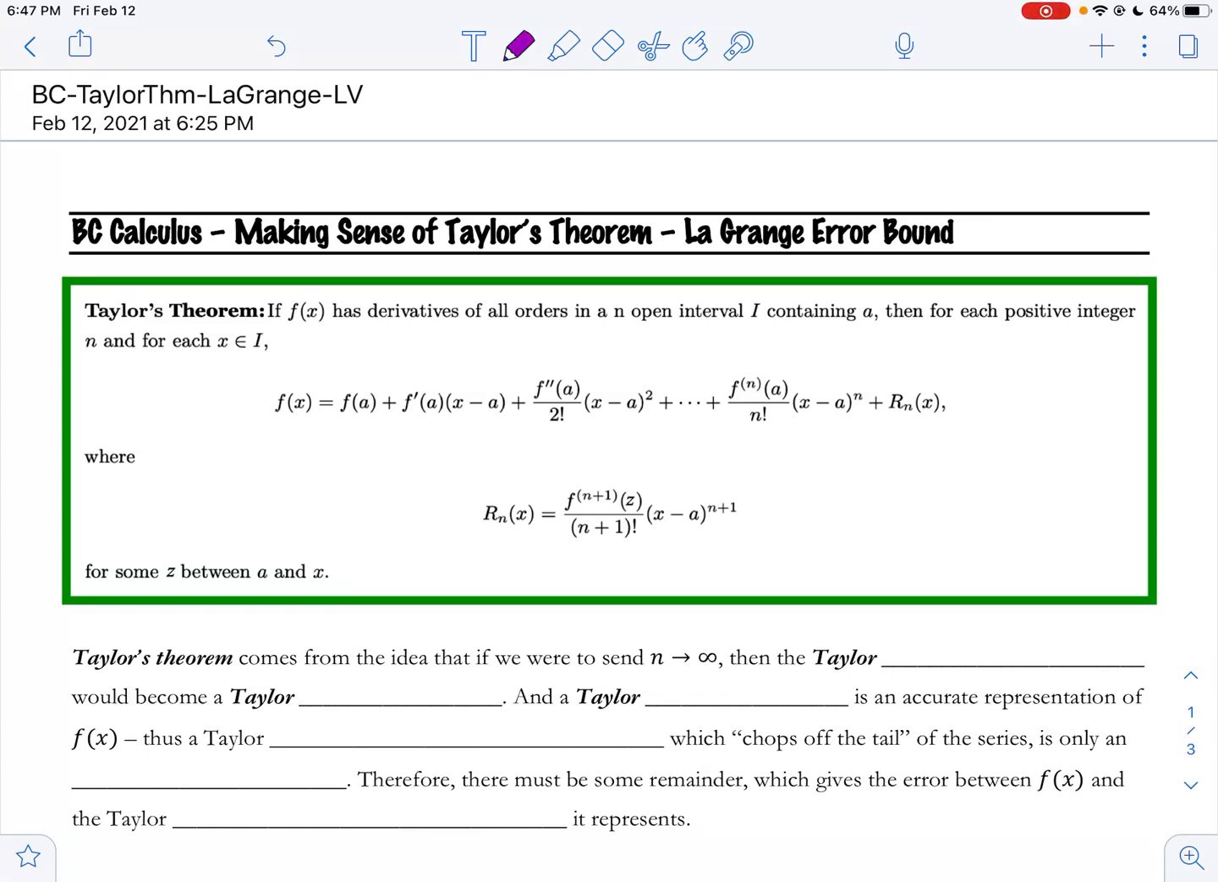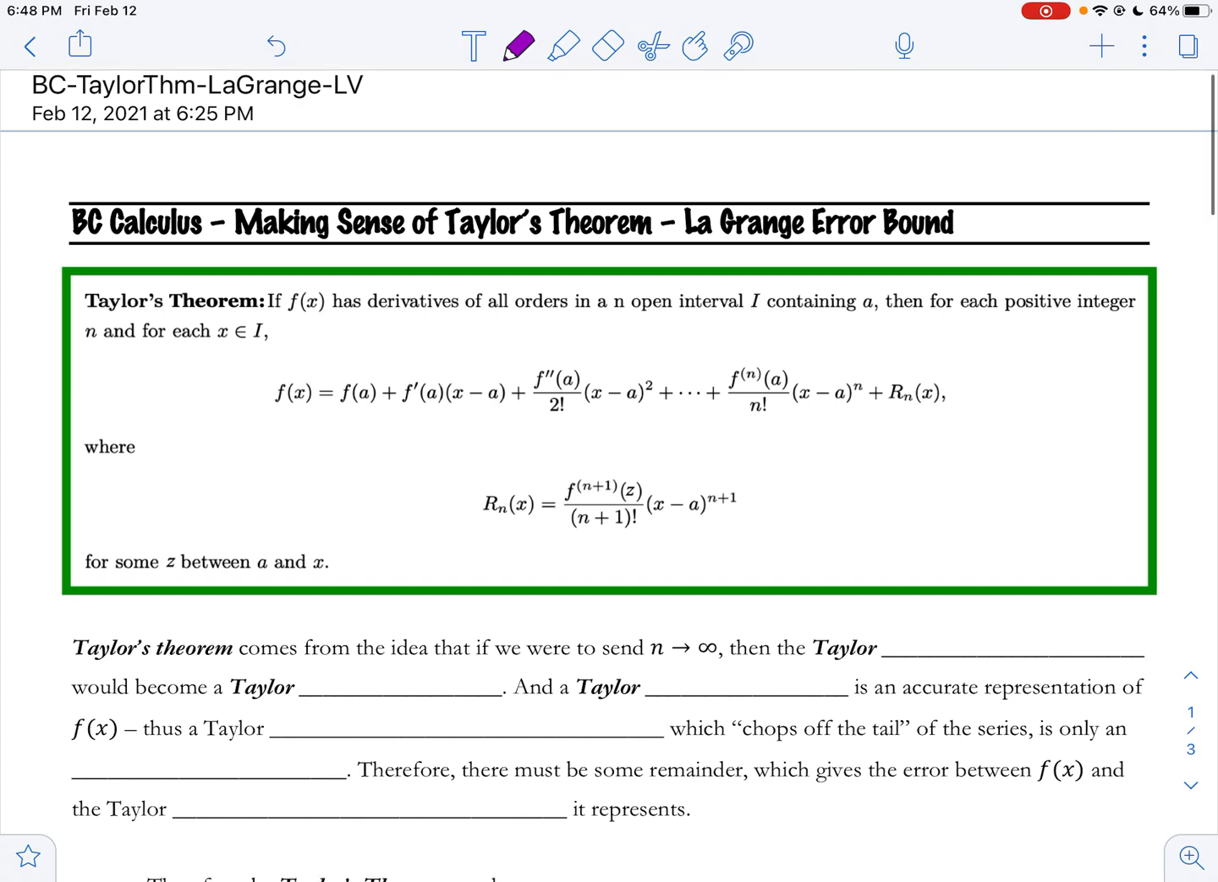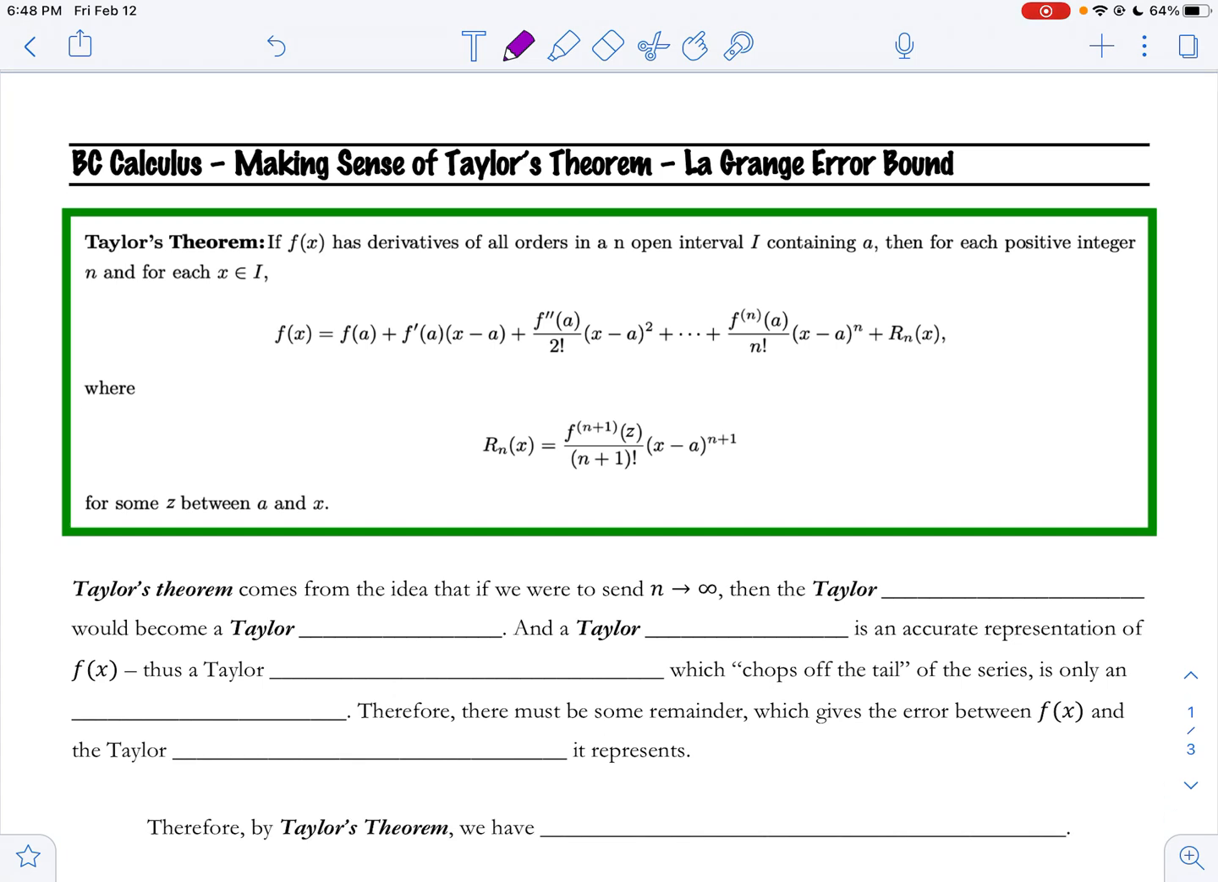Right, so I wanted to go over the Taylor theorem slash Lagrange error bound one more time to make it more clear. Okay, so the Taylor theorem says that if f of x has derivatives of all orders in an open interval I containing a, then for each positive integer n and for each x in I, we get this expression